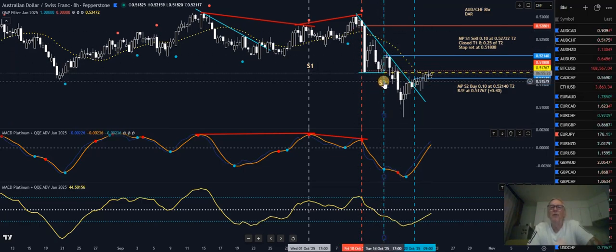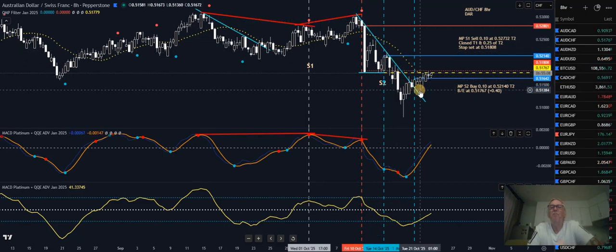Took this buy, and that was also MACD Platinum based on this support level here. There's a little support level there. MACD Platinum below the 0 level, and it's just got against me right from the get-go. That buy signal remained valid. There's no red QMP dot, so I've drawn this trend line across the highs here. Had a break of that trend line. I've taken a second buy on the break of the trend line there, and in the meantime the QQE's actually gone